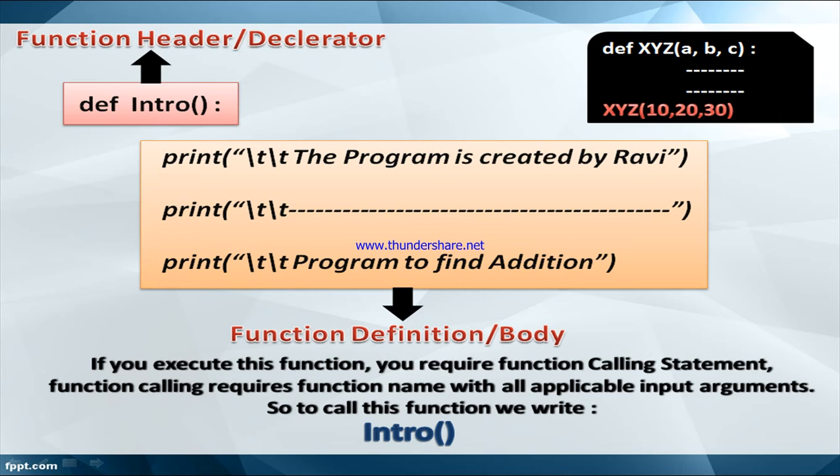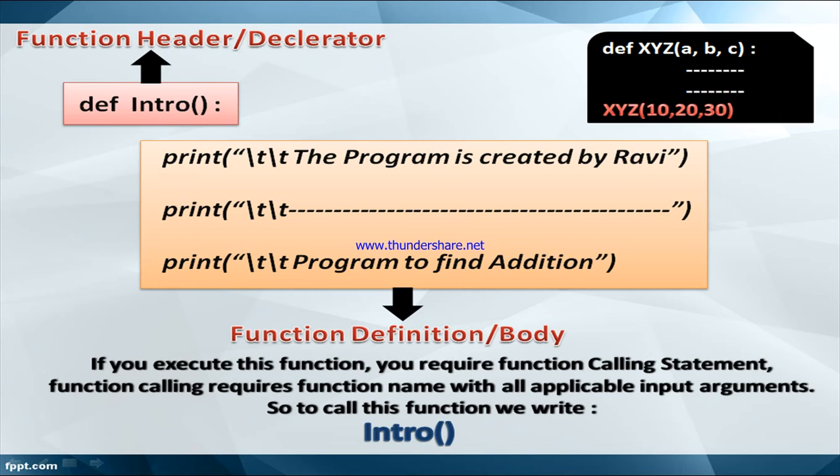These a, b, c are known as input arguments, or we can say input parameters of the function. Now just come towards the def intro function. If the bracket is vacant, we can say there is not a single input argument in the intro function. So if we want to call the intro function, just see the calling of this function: intro bracket. Just see at the bottom of our screen.